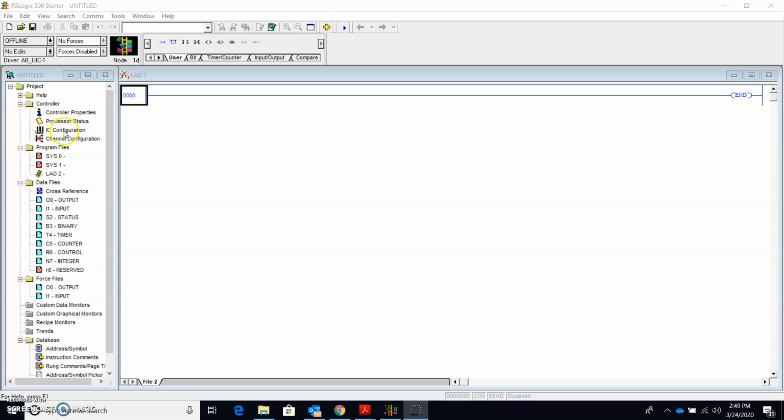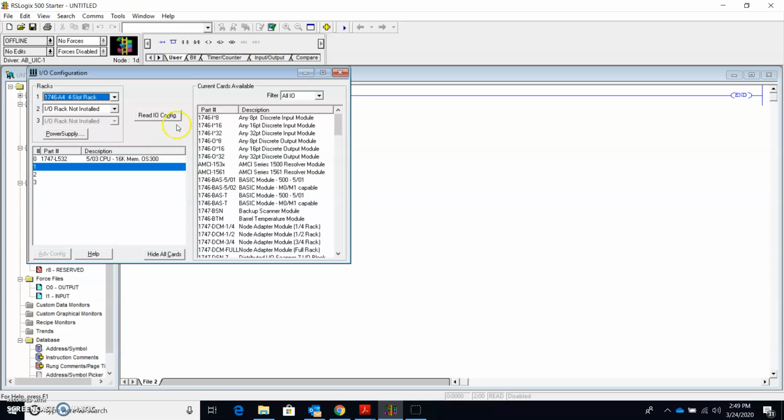I/O configuration. If we open this up, this is where we're going to go in and do the read I/O config. And right now I've got this set up for a 1747 L532 with a 503 CPU. That's a SLC 500. And if I was to have this hooked up to a PLC, which I do not right now, and hit read I/O config, it would automatically fill in what card I have, what input and output cards I have accordingly. And right over here shows some of the modules if you wanted to manually put them in. If you knew you was working on a project and you're going to use this,